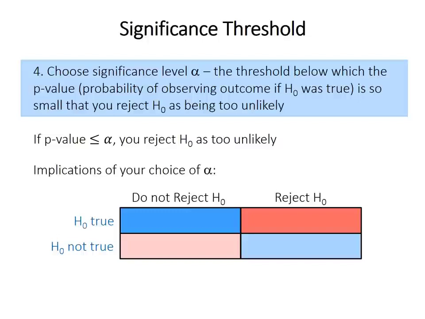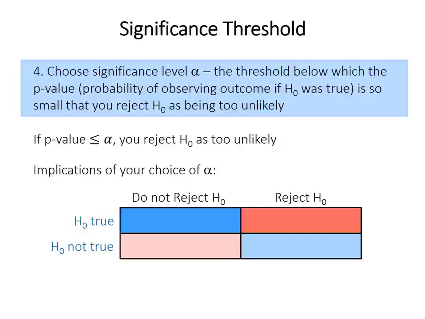It has two rows. The two rows labeled in blue on the left indicate the two possible states of reality. Although we don't know which is the case, and we can't know which is the case, the null hypothesis in reality is either true or it's not true. Again, we don't know which of those it is. The two columns labeled in black at the top are the two possible decisions that we can make given the p-value from our test. We can either decide to reject the null hypothesis,